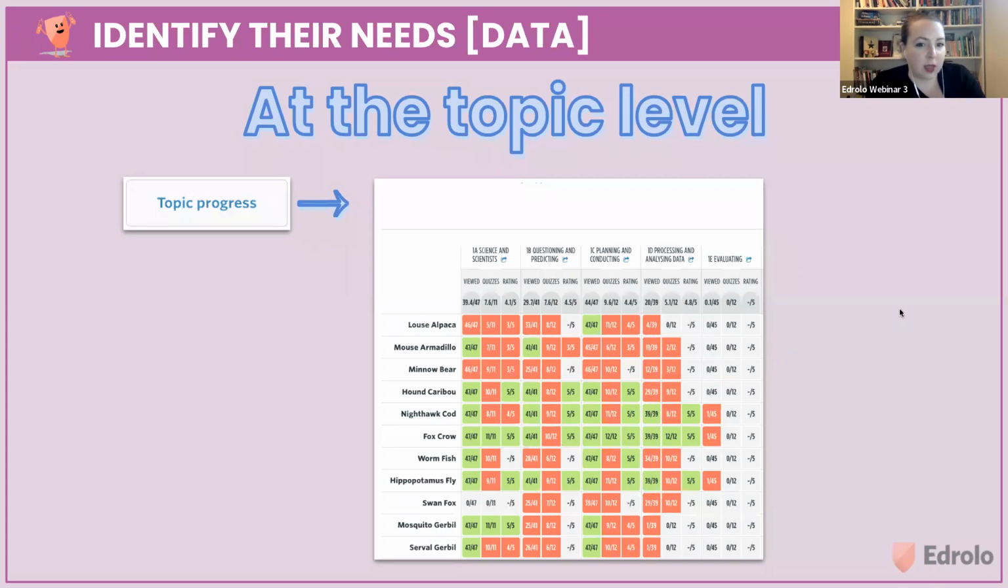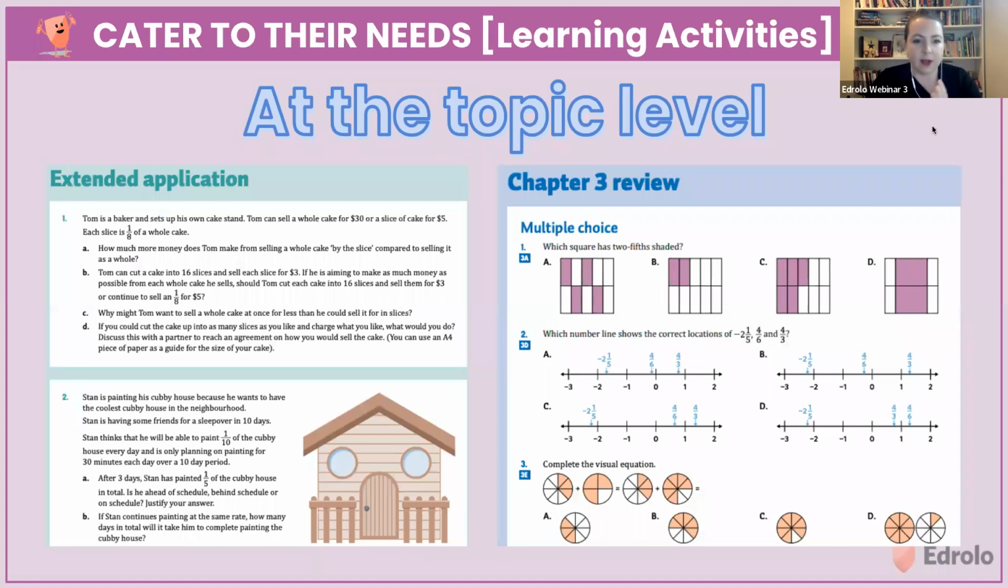Individuals struggling with an entire topic. So I've got a couple of ideas if you've got students in this boat and you're seeing that in the data grid. One thing to note is that every lesson in a chapter builds on the previous one. So if you're finding that students are struggling across the entire topic, it might be a good starting point to